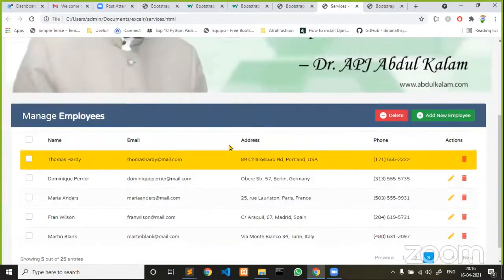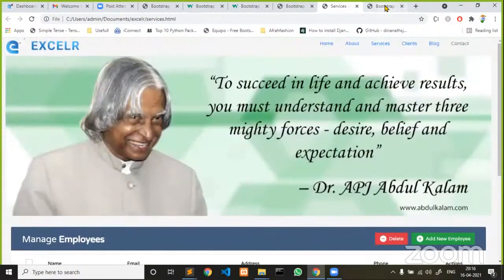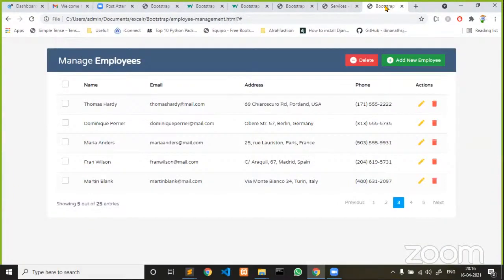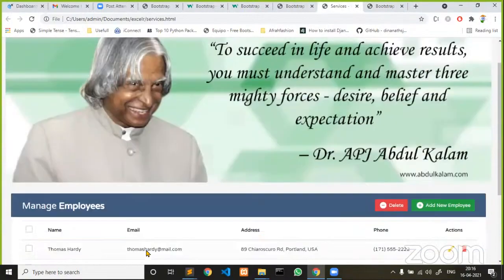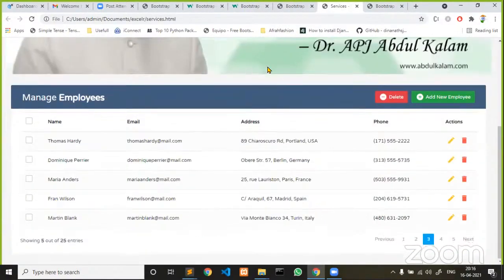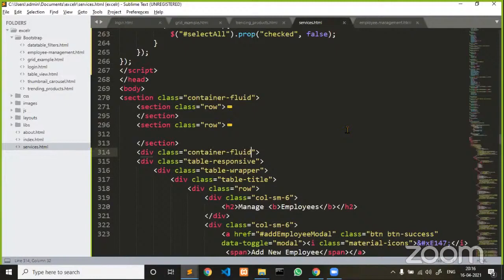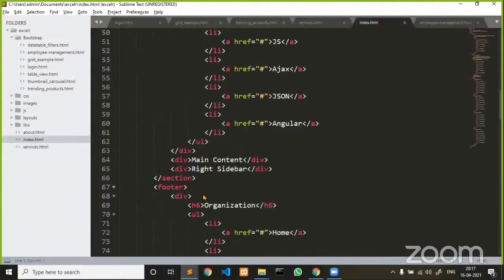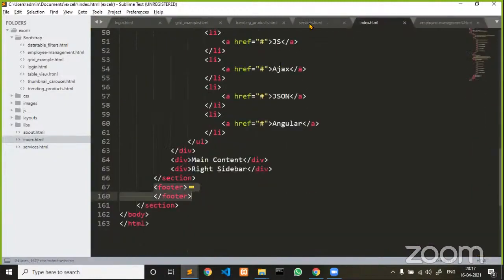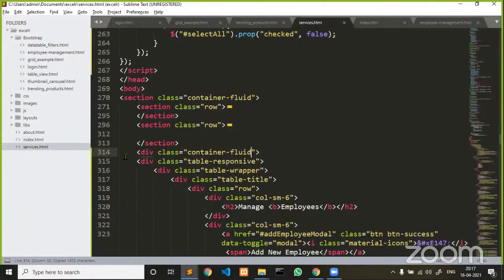Guys, listen carefully, there are many footers available, so you can also copy paste a footer and add it back to your page. Now for other pages, the home page, index.html has a footer. Copy paste this footer and put it back into your services page.